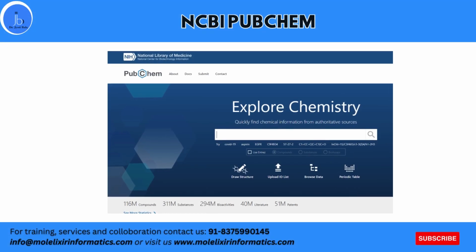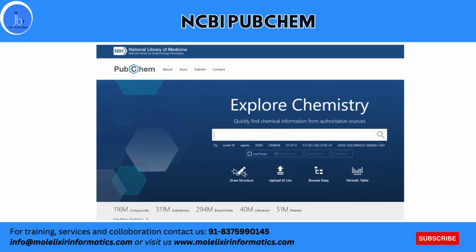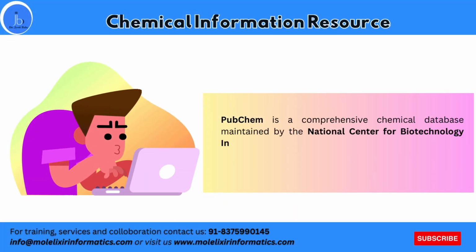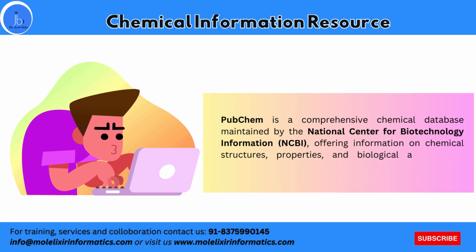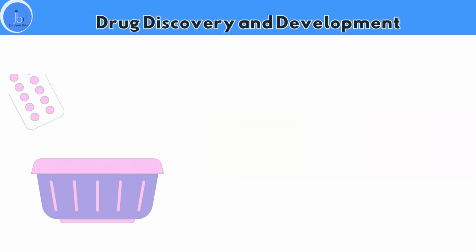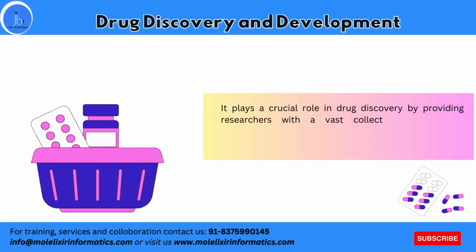NCBI PubChem is a chemical database with diverse applications. PubChem serves as a comprehensive repository for chemical information, aiding researchers and scientists in accessing data on chemical structure, properties, and biological activities. It also plays a crucial role in drug discovery by providing researchers with a vast collection of